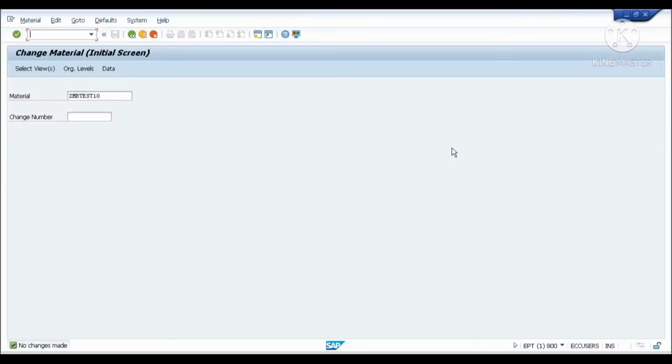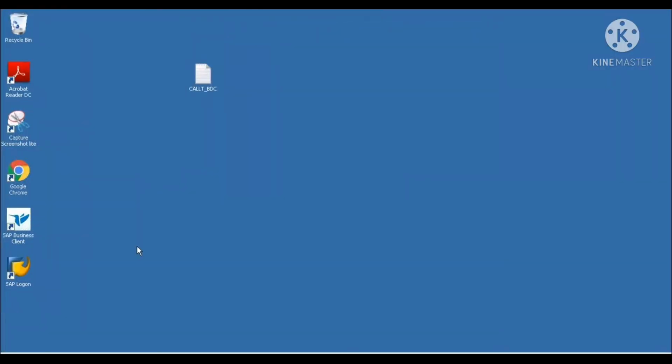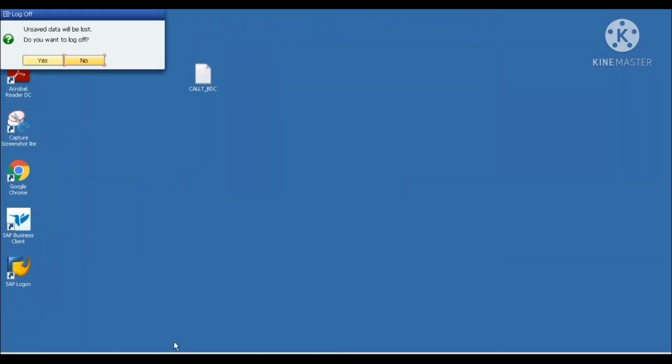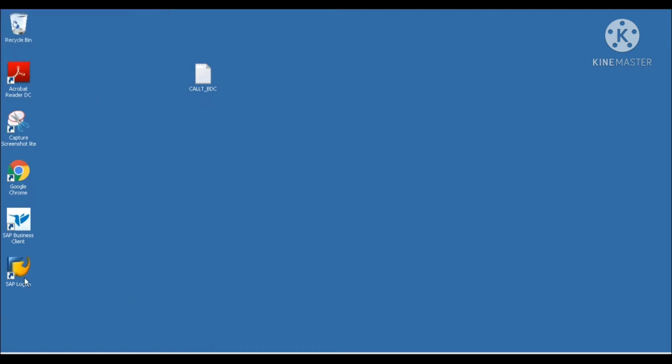Let me also show you, as a part of this course, how to log in to the system. Here you have the SAP Logon Pad.